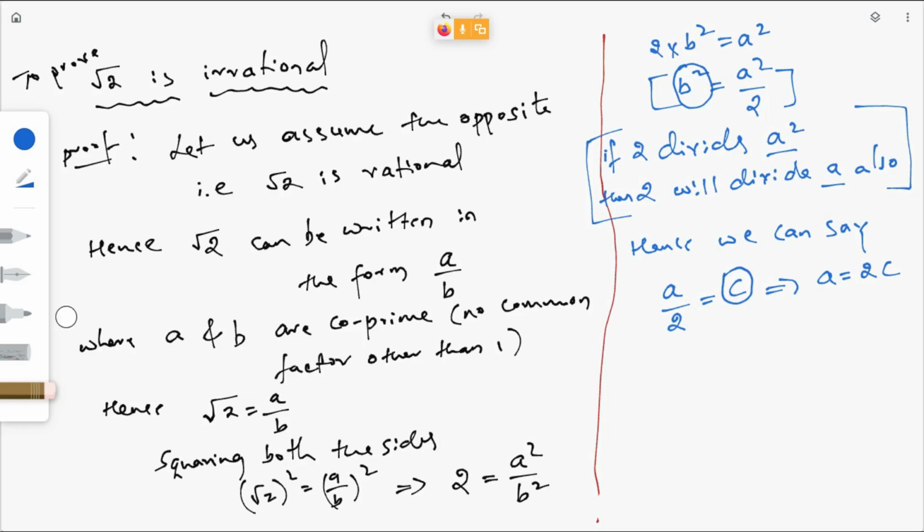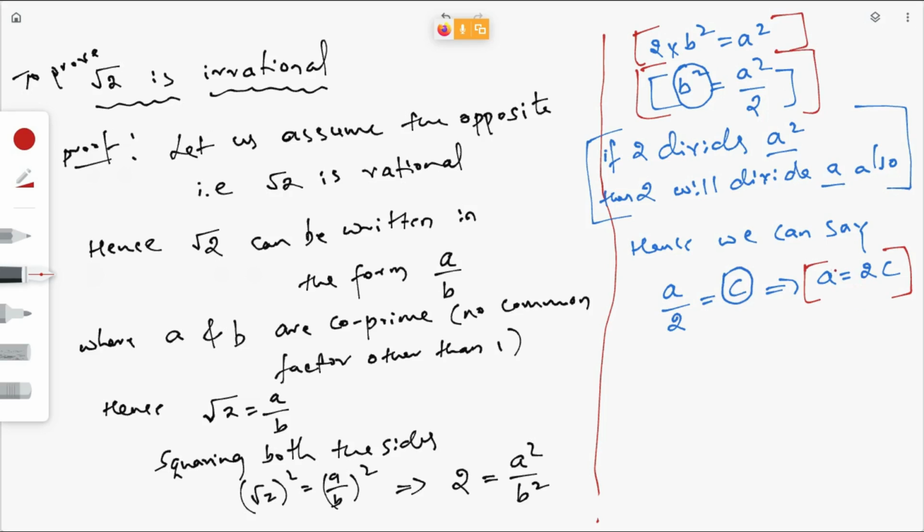We'll solve 2 to 3 problems, and you will understand. Just remember the steps. So a is equal to 2c. Fine. Now, 2 divides c square. And then here this statement. Just compare these two. A is equal to 2c.